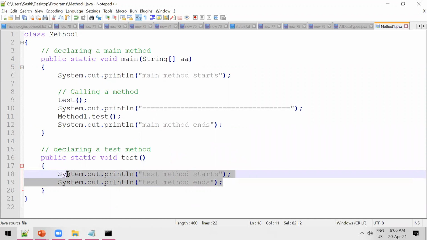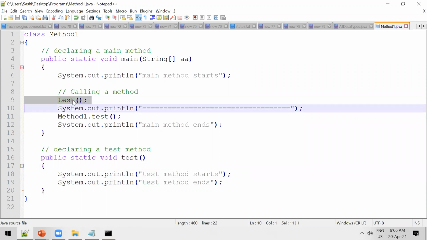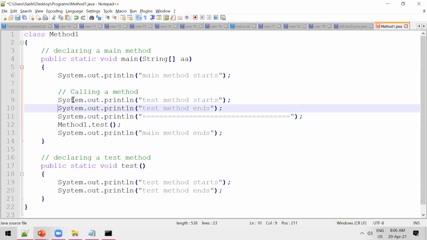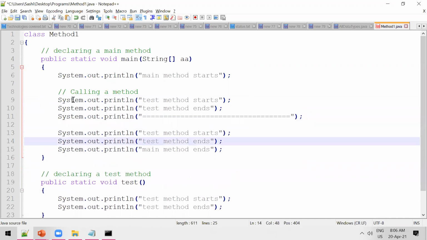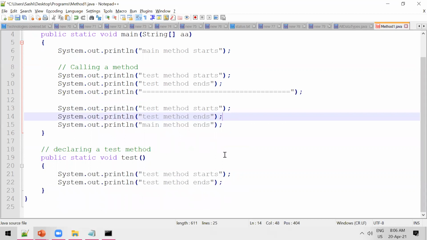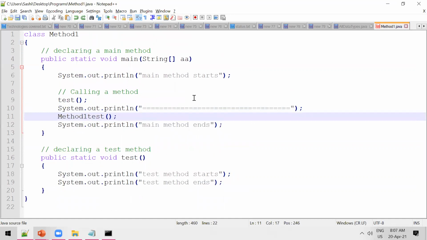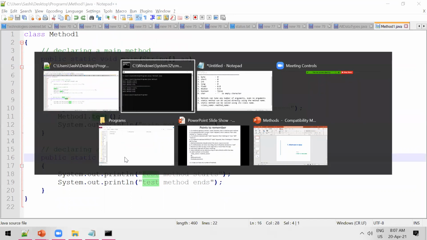In case I want to print 2 lines, what do I need to do? I need to copy this code, removing the test method, print it here, right? Again, I want it here, I need to keep it here, print it here. So suppose here it is 2 lines, if it is 100 lines, I need to repeat it twice. So that is repetition of code. That's why whatever repeated code we have, we keep inside a method and call that method whenever we want, right? That is the point we have seen